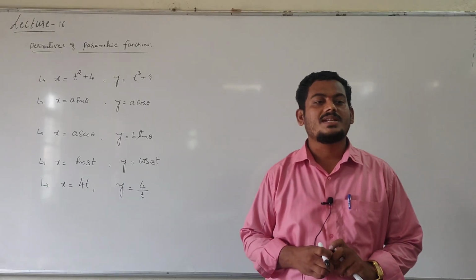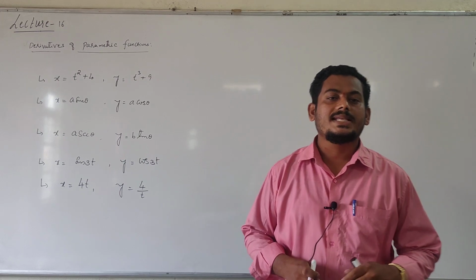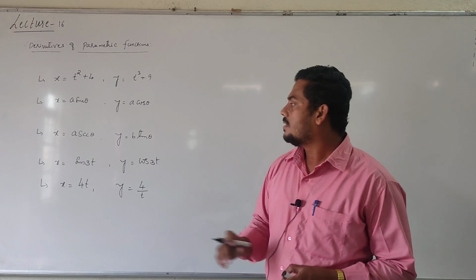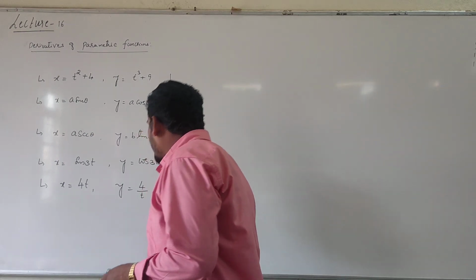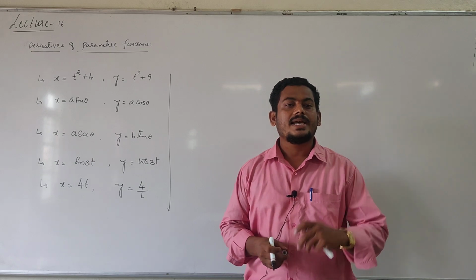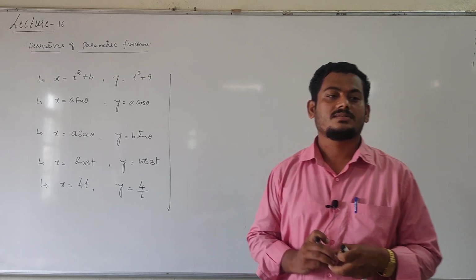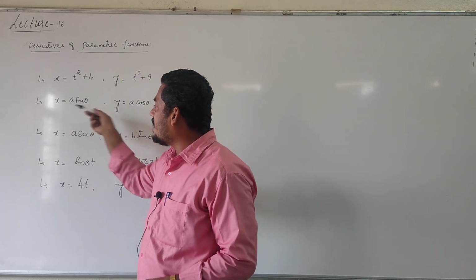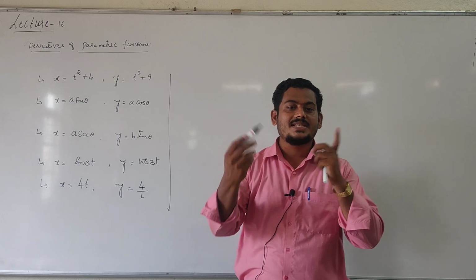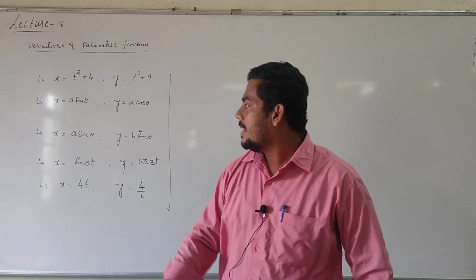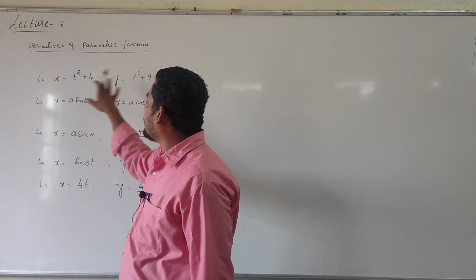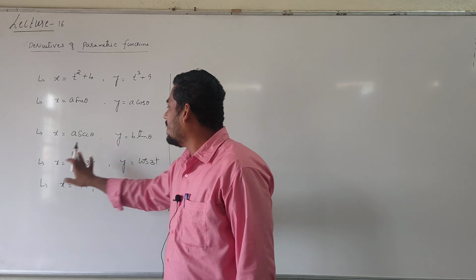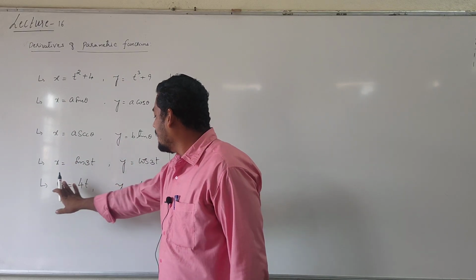Then can you tell me definition of parametric function? It is type of function, right? These are examples for parametric functions, right? Then what you conclude about its definition? Clearly, in all the cases x value as well as y value is given in terms of theta and t only. In this case both x and y are given in terms of t. Here x and y are given in terms of theta.